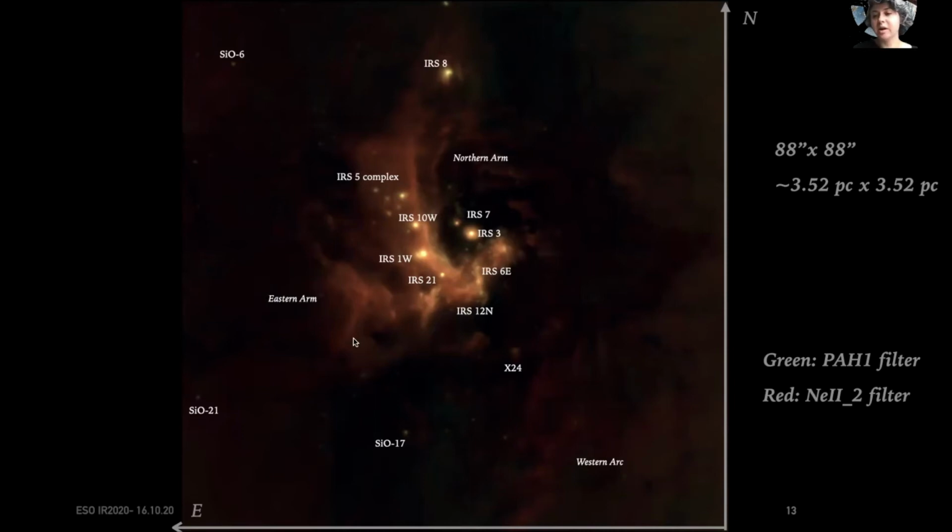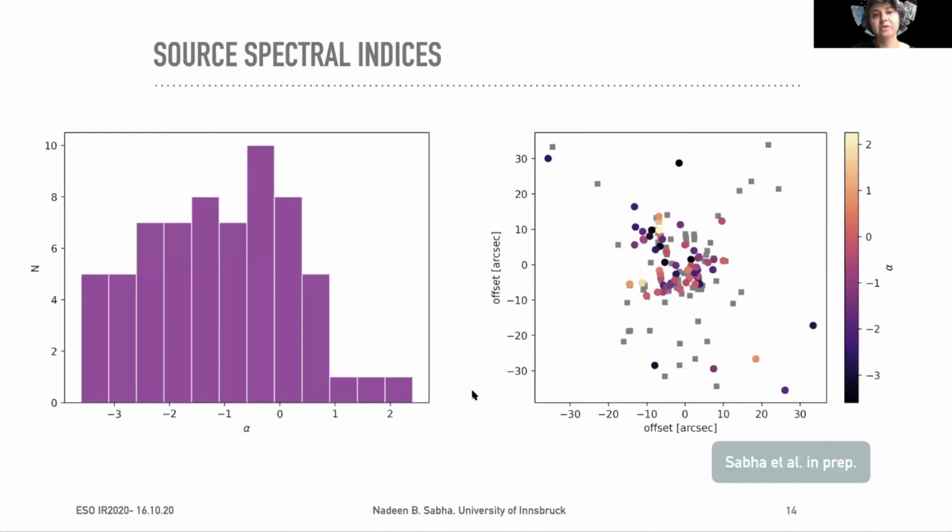But since we have now two different wavelengths and several data sets, then we are able to look at more information about these detected sources. So for instance, spectral index information. So by looking at the slope of lambda f lambda versus lambda, then you can determine spectral index of the sources that have a matching correspondence between the pH and the neon filter, and which you can see here on